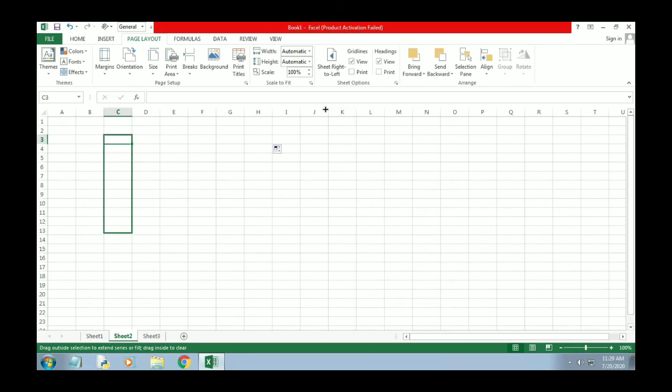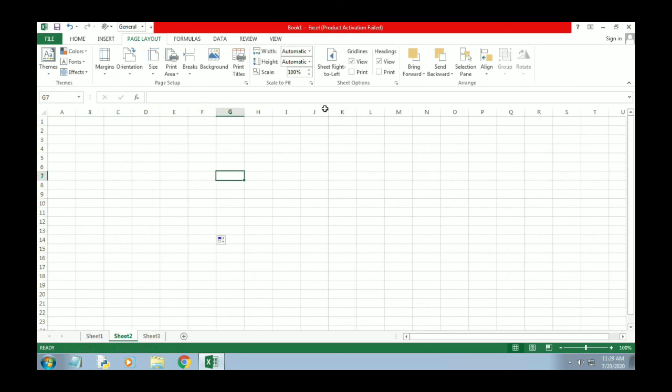You can drag downward, upward, to the left, right, bottom, etc. So this is the method using the mouse. You can also do it using the keyboard. Click on the cell, after that press the shift key and use the arrow keys. If I press the up arrow key, then the range will be selected upward.